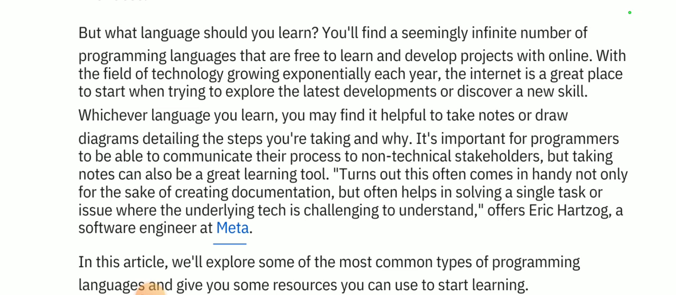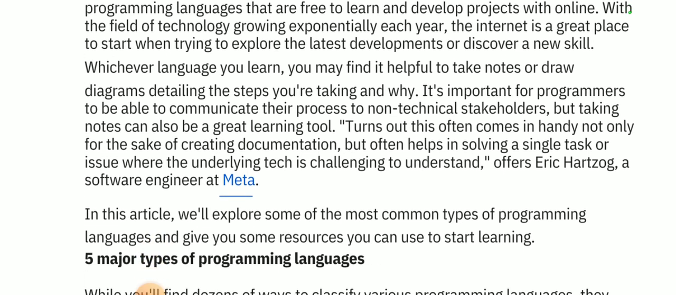Whichever language you learn, you may find it helpful to take notes or draw diagrams detailing the steps you are taking and why. It's important for programmers to be able to communicate their process to non technical stakeholders, but taking notes can also be a great learning tool. Turns out this often comes in handy not only for the sake of creating documentation but often helps in solving a single task or issue where the underlying tech is challenging to understand, offers Eric Herzog, a software engineer at